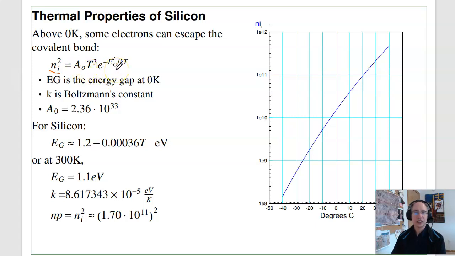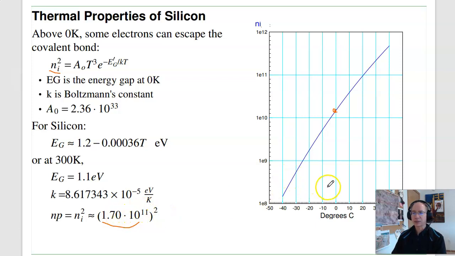Eg is the energy gap for silicon. It is a function of temperature. Or at 300 Kelvin, the energy gap is 1.1. K is a constant, and solving I get at 300 Kelvin, I should have 1.7 times 10 to the 11th